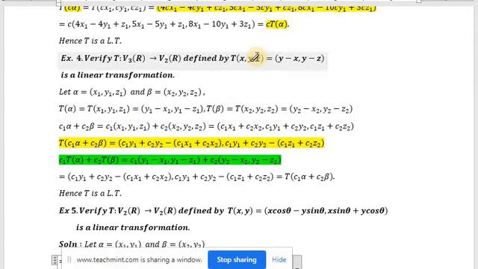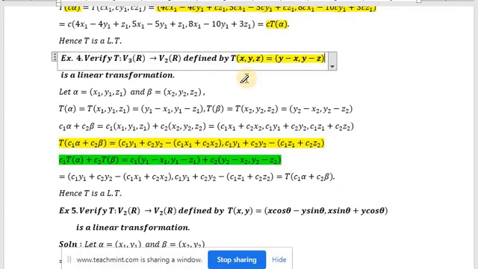So by using the given transformation, we can expand T of alpha, that is y1 minus x1, comma y1 minus y2, and T of beta, y2 minus x2, comma y2 minus z2. See, here only two terms we are getting because the transformation is defined from V3R to V2R. So a three-tuple set is transferred into a two-tuple set. So V3R to V2R means the T of alpha will be having two elements.